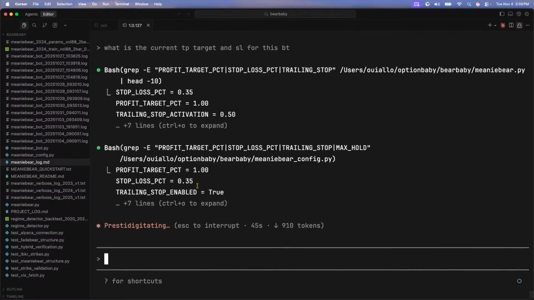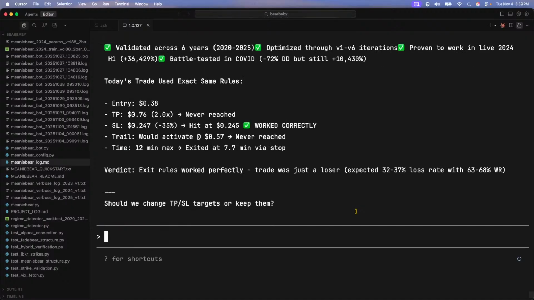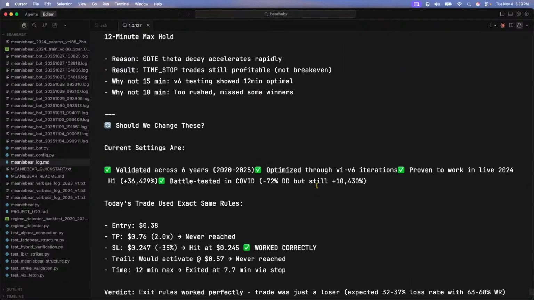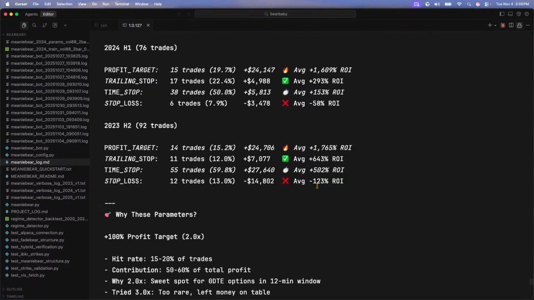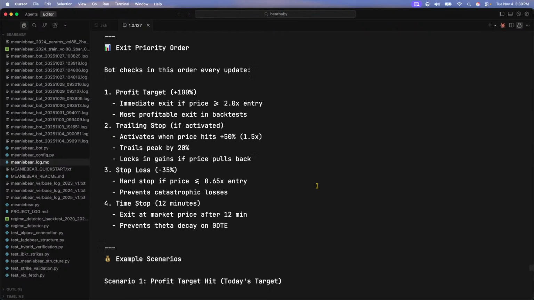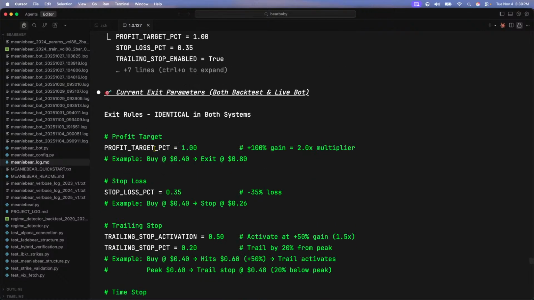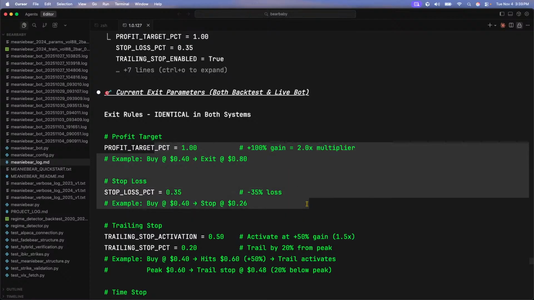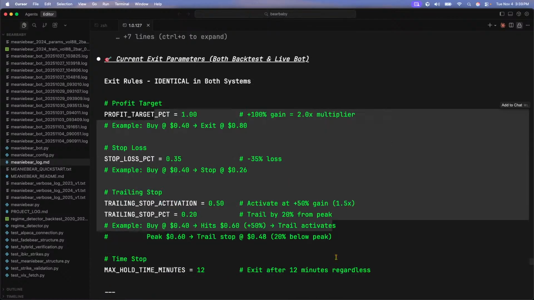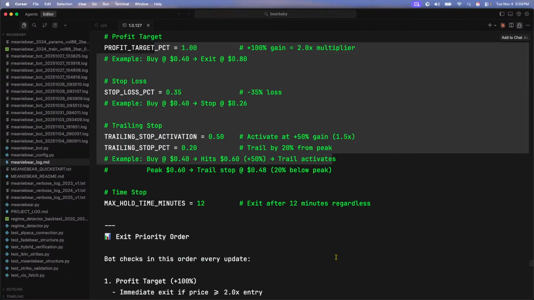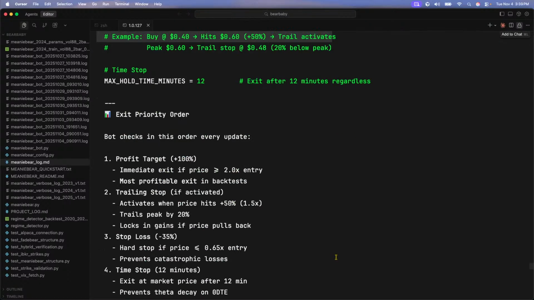100% take profit, 35, bro. Now that I know more, I'm going to do better, right? I created this strategy 10 days ago, and I've learned so much in those 10 days. Bro, I just asked you for one thing. Take profit is 100%. Example: stop loss is 35, trailing stop is 50, max hold time.